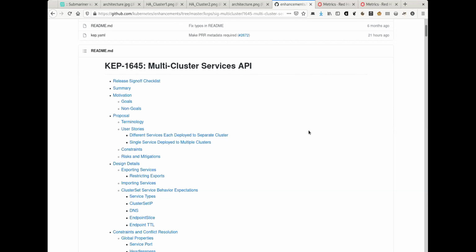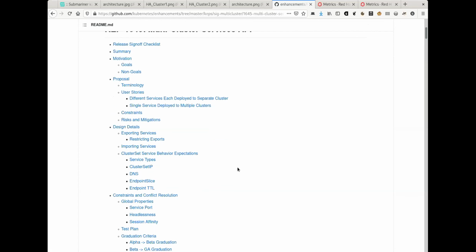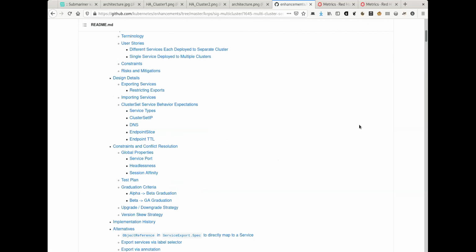And the idea is that by implementing this future standard API, because it's not standard yet, we can provide a user experience that's similar across different tools. So it could be Submariner, it could be GKE, which supports the multi-cluster services API directly, or other tools like, I think Istio is planning to introduce this fairly soon. And so this provides a sort of standard terminology, for example, cluster sets,